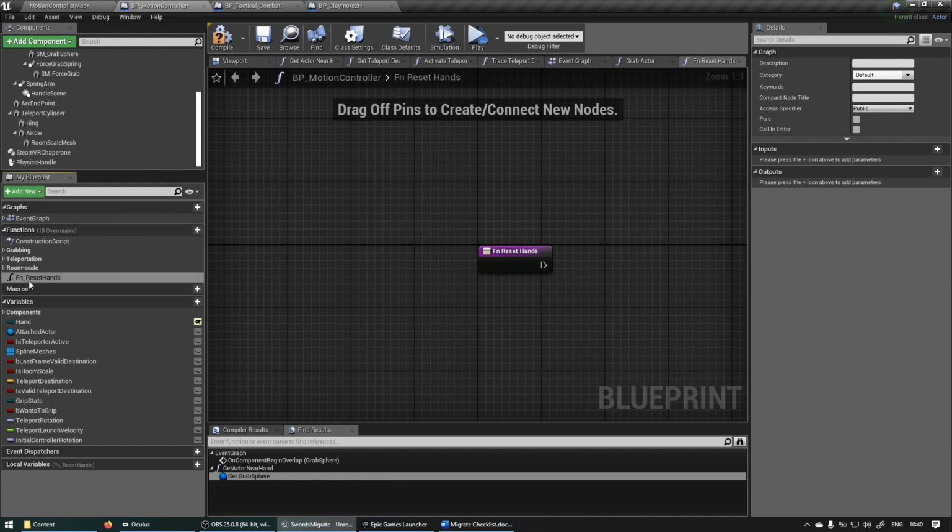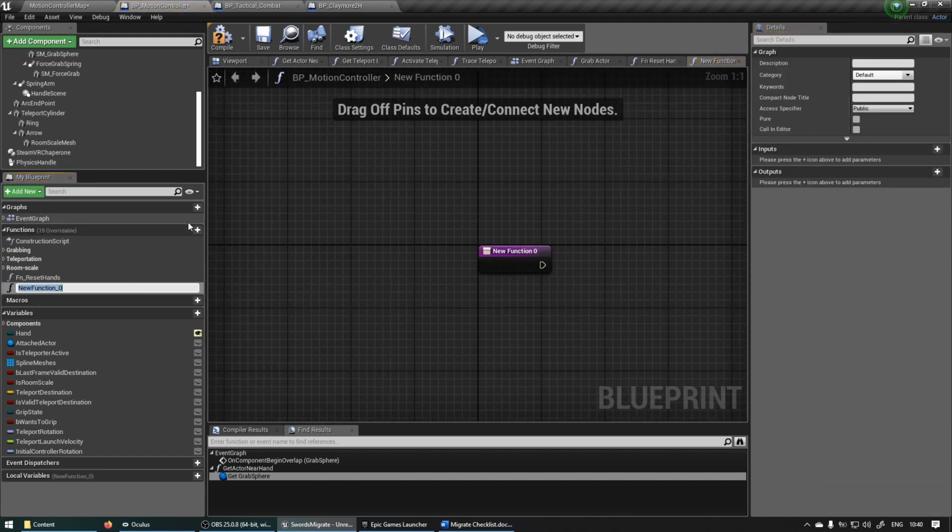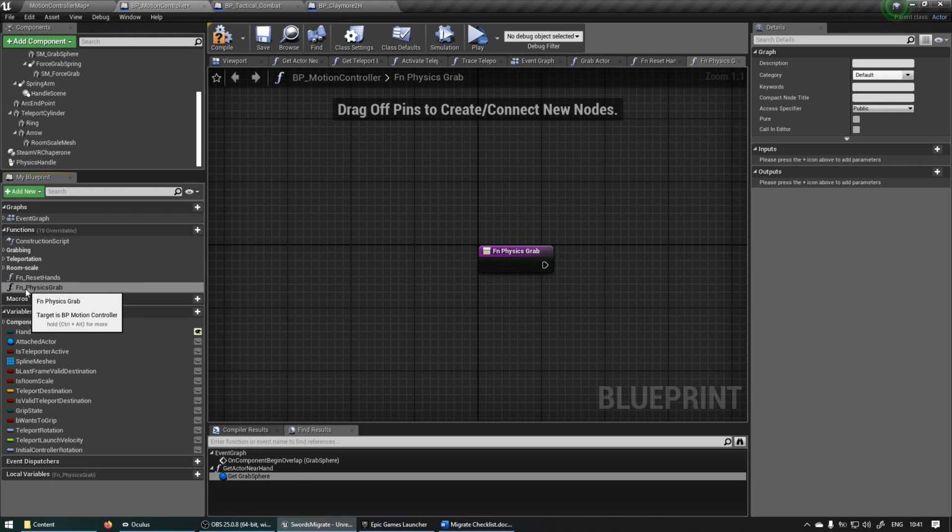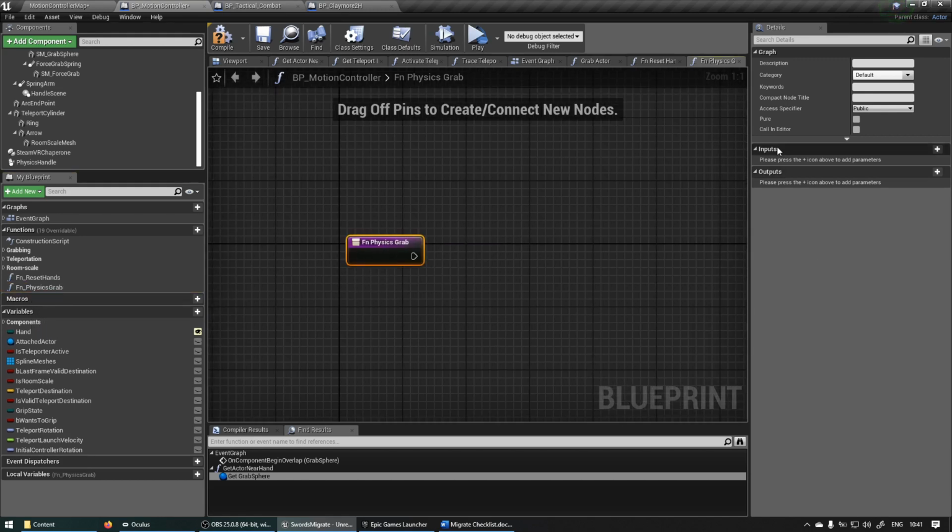Fn for function underscore capital R capital H. And then we create another new function, and we're going to call that fn underscore physics grab. Again, capital P, capital G, fn underscore. There we go. Then we double click on fn physics grab, click on this input node, and then under input,